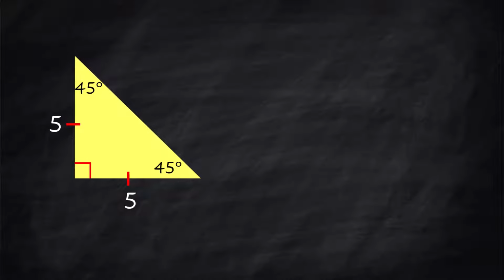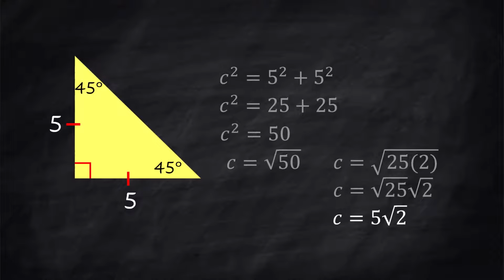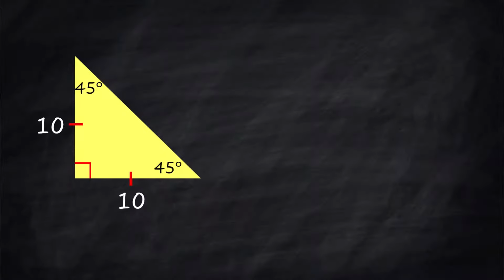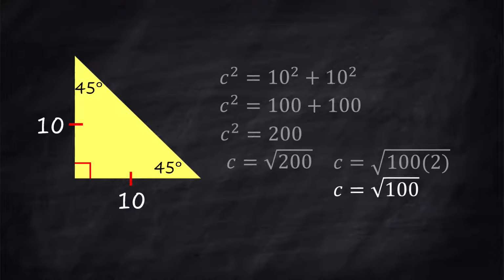Let's change the side length to 5 and run through the same thing again with the Pythagorean theorem. We're coming up with the hypotenuse equal to the square root of 50. Let's simplify. 5 square root of 2. That side length is popping up again. Well, in order for it to be a pattern, you have to make sure it happens at least 3 times. And we're doing it again. This time the side length is 10. I'm going to run through all the math real quick. And there it is. The hypotenuse comes out to be 10 times the square root of 2,